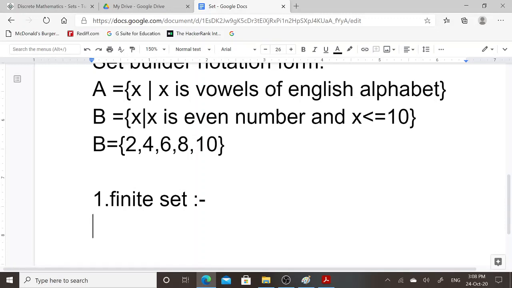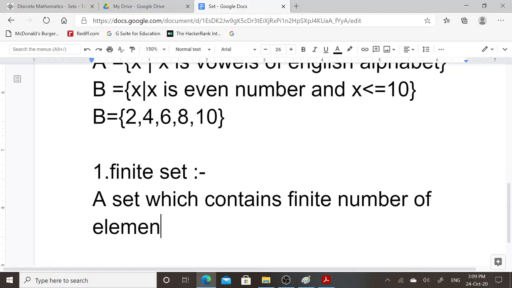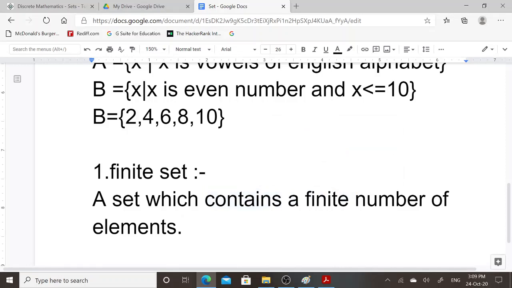So finite set means a set which contains a finite, or you can also say limited, number of elements. A set which contains a finite number of elements is known as finite set.